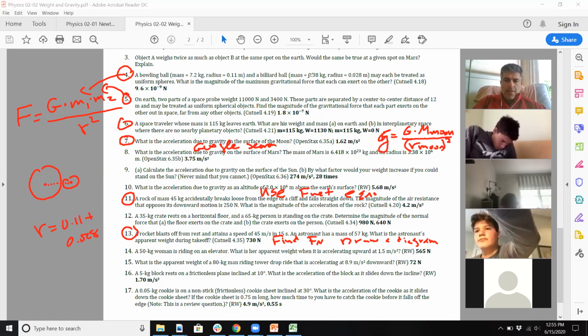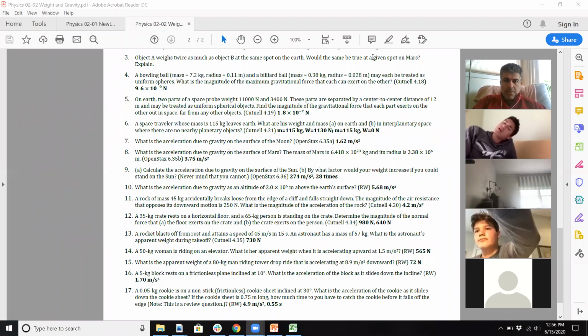So you might want to take a picture of all this. So 4, 5, using the F equals G M1 M2 over R squared formula. 6 and 7, I gave you guys a little bit of a push there. You probably want to do a Google search for number 7. 11 and 13, formulas and a diagram. I'll hop in the room and help you guys out in a few minutes. So that's what we're going to do. Let me go ahead and clear all this. We'll make new